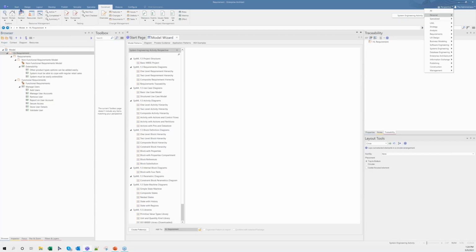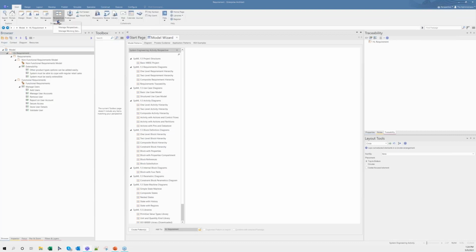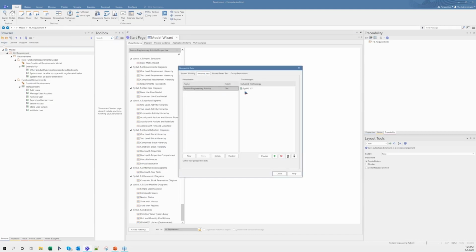So let me get into the perspectives from the start menu, personal sets.